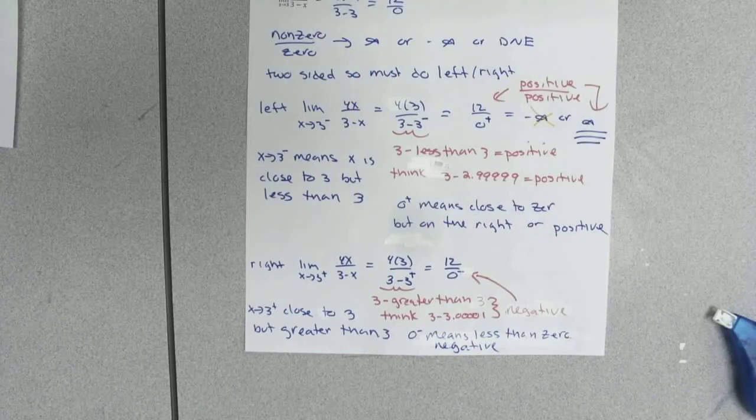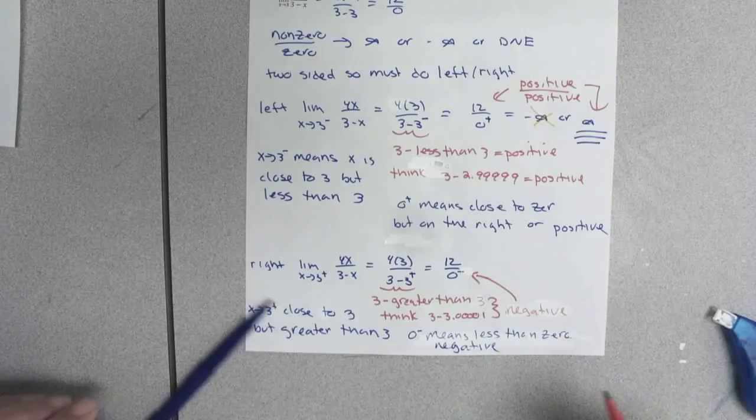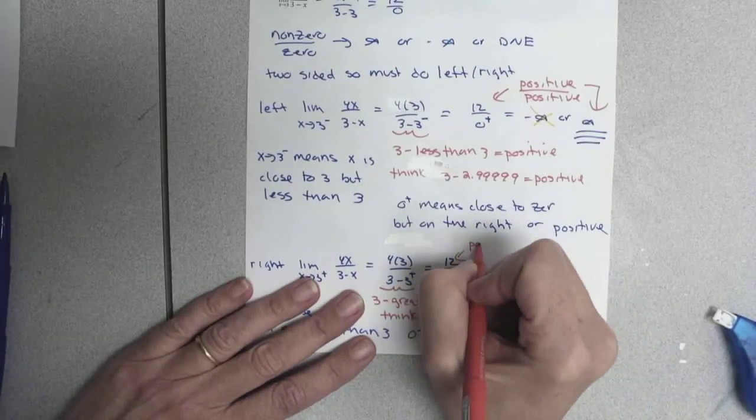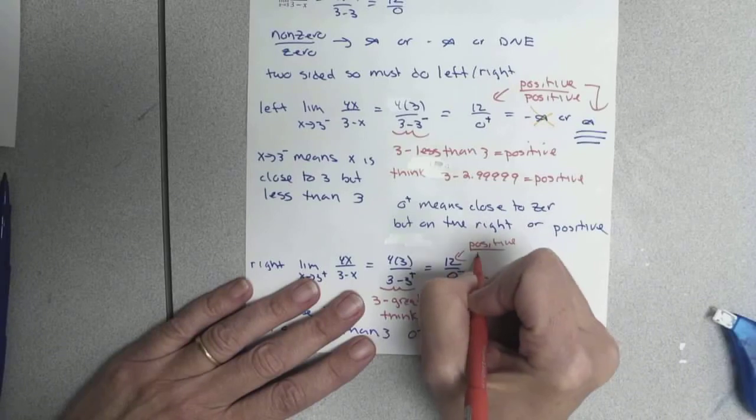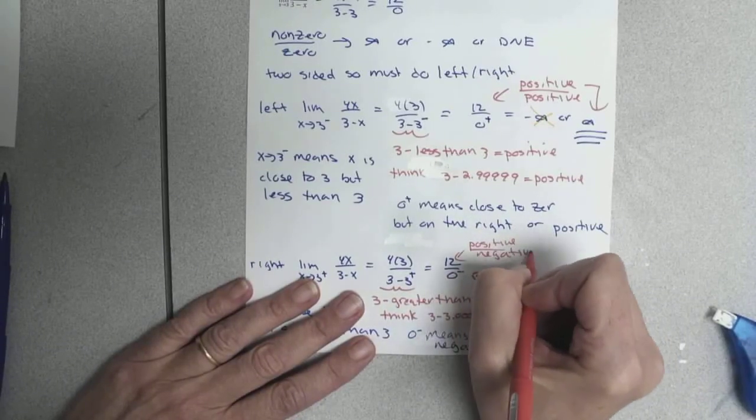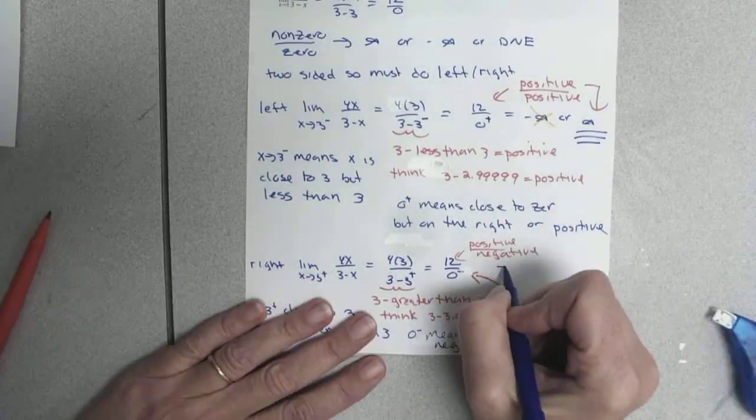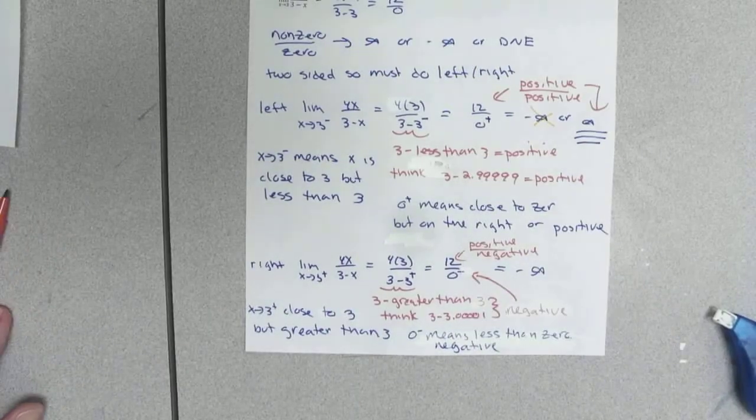And so then I look at what I have. I have positive 12 over negative. This is now positive over negative, which then makes my answer negative infinity. The infinity part comes from the non-zero over 0. That's why we've got to see the non-zero over 0. Then once you have the non-zero over 0, you have to decide whether things are going to be positive infinity or negative infinity. And now because we have the left and right limits,